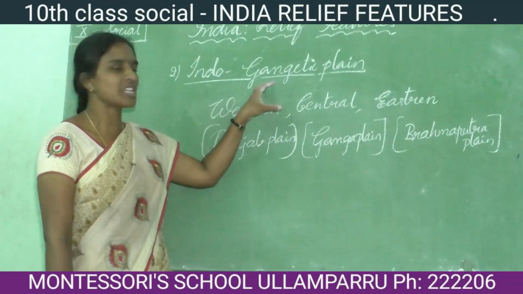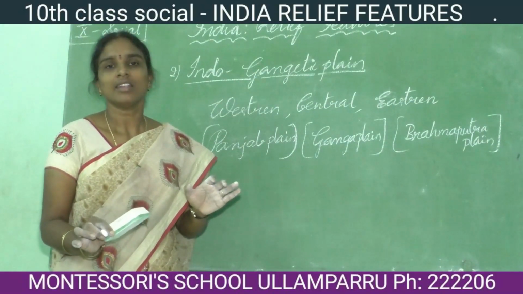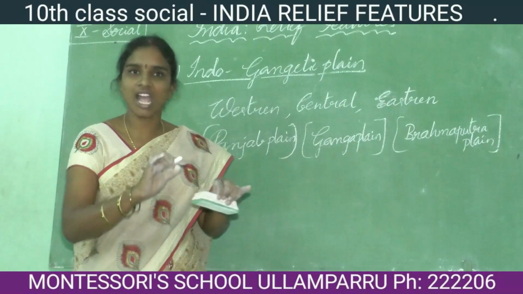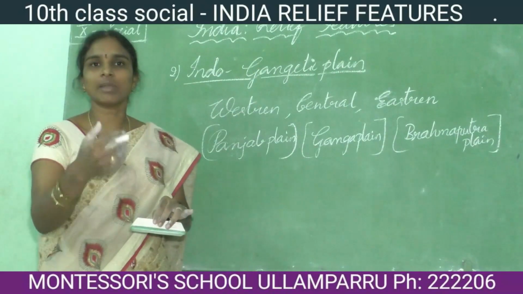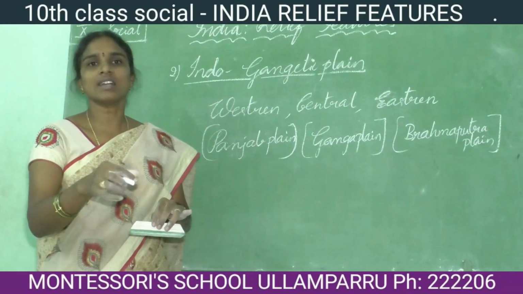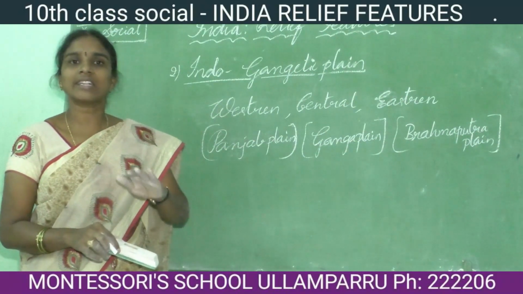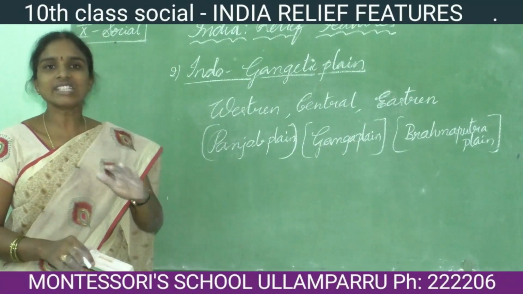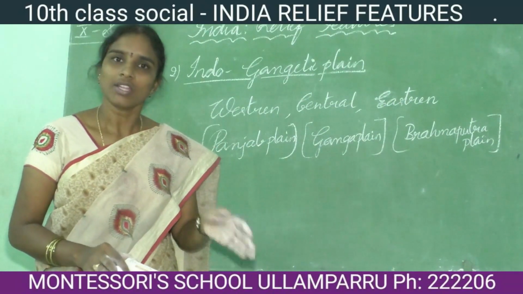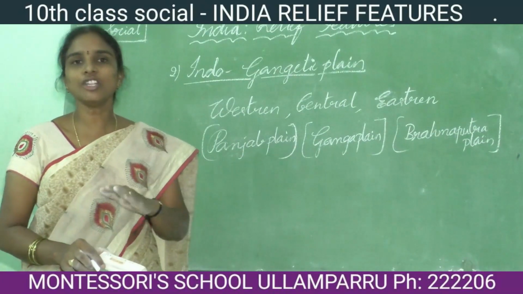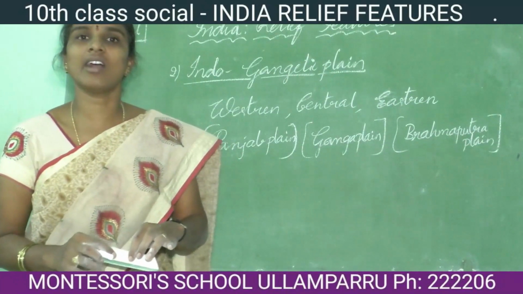So what about this Indo-Gangetic plain? Earlier it was just like a shallow basin. If you take 20 million years ago, it was a shallow basin. Later, because of the flow of the Himalayan rivers, they brought the sediments and pebbles which were deposited in this area. Later it was termed as the rich alluvial plain because of the perennial river flow. That's why it was formed as the Indo-Gangetic plain, which is said to be a very fertile land area of India.